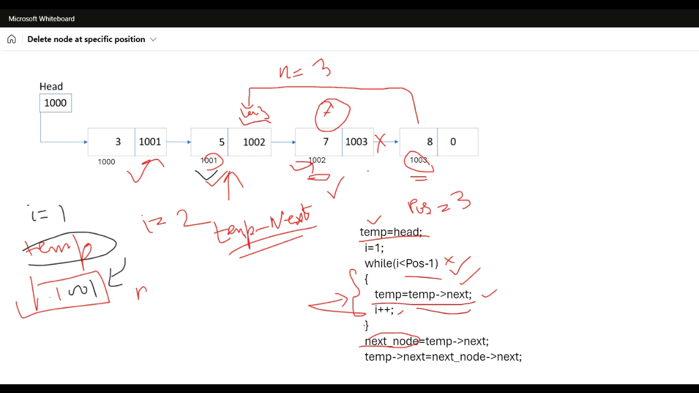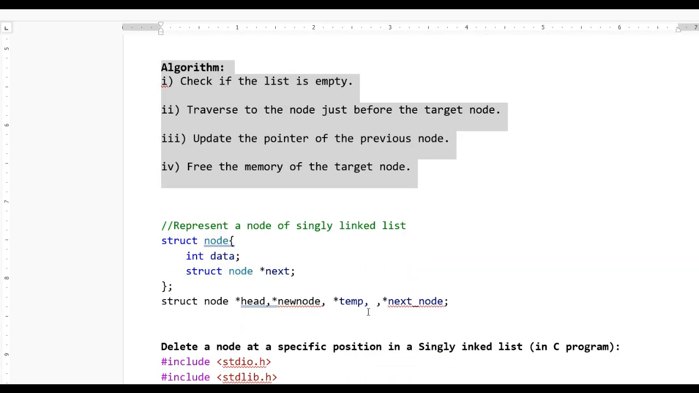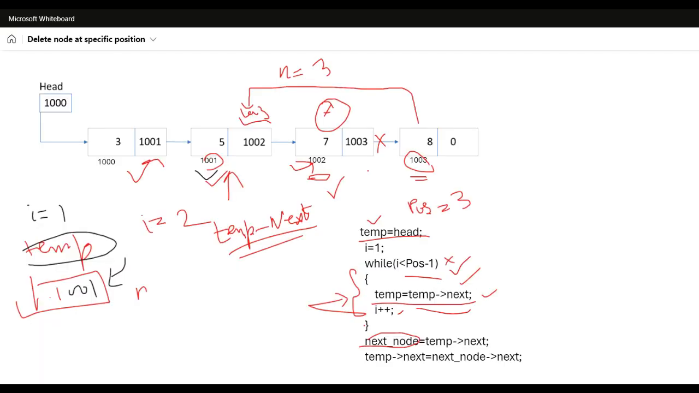So one pointer we can define here in the program's structure node. One is pointer head, another is new node, one is temp, and next node pointer. So next node, we define one new pointer, next node, and we will store the address of this node into next node. So you can see here next node equal temp->next, which means in next node we store the address of